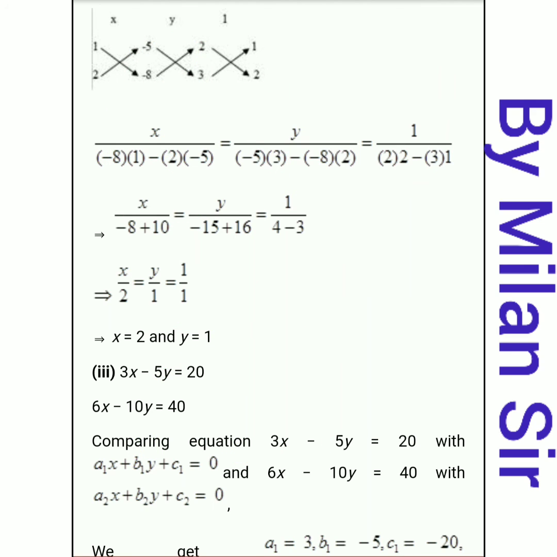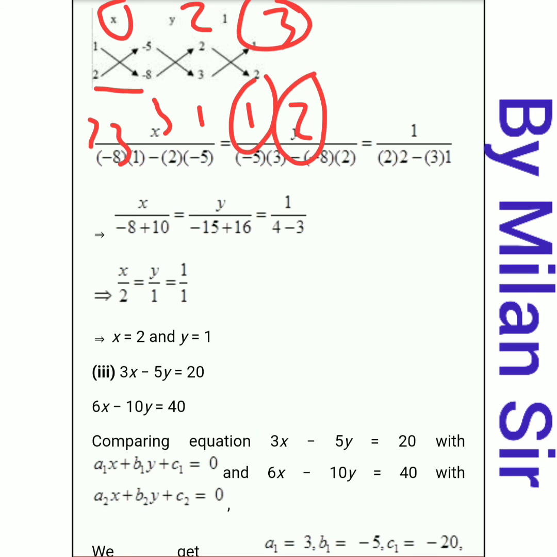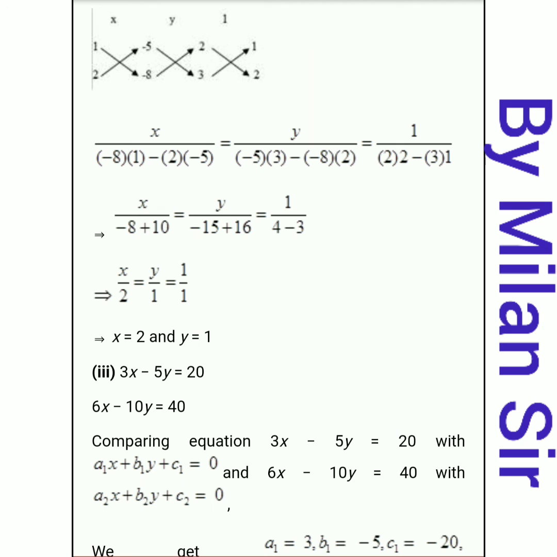This is the cross multiplication method. First of all, in first term we need to skip our first column, we need to write second and third column. In second column 2 3 1, that means we need to write third and first column. And in last term 3 1 2, that means in third term we need to write first and second column. Then we need to do cross multiplication. First of all this cross multiplication, negative sign, and second cross multiplication. Then we need to simplify it, and at last we need to compare first with third and second with third. We get value of x and y from that.